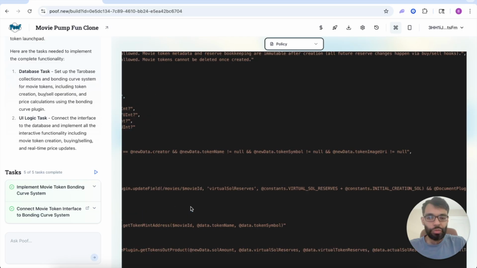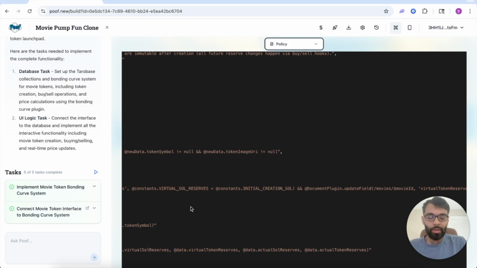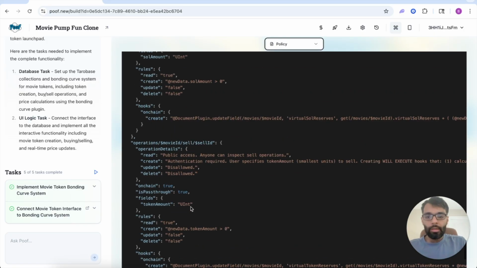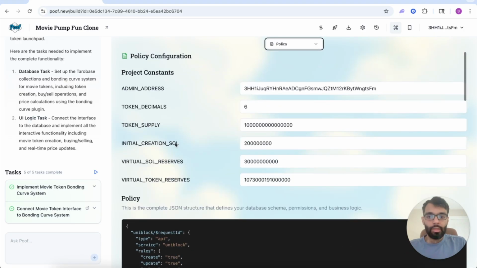And if you're curious, you can study this code if you're really technical and understand how it works and whatnot. And then there's constants, which are here. This is kind of the default that the AI gave me because I didn't want to burden it with more questions. Since I told it to make a Pump.fun version of the movies.fun,